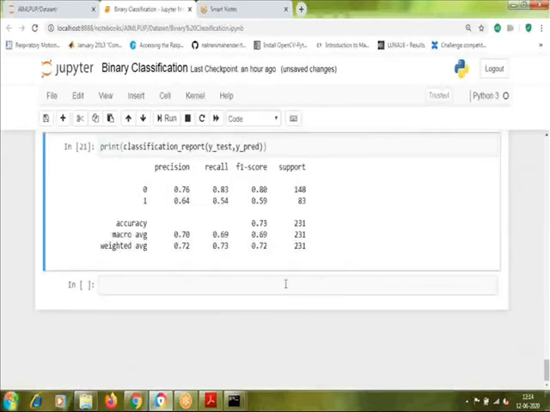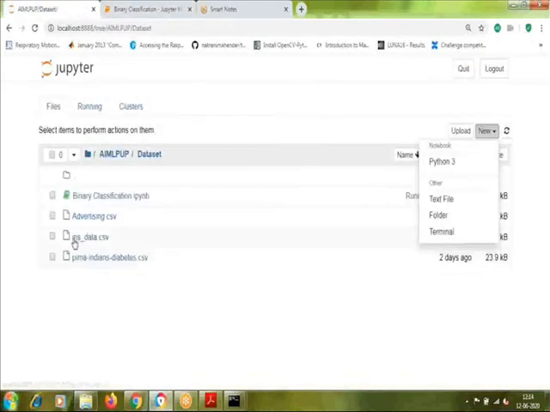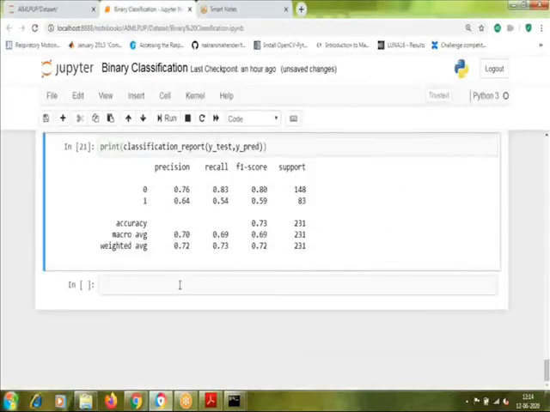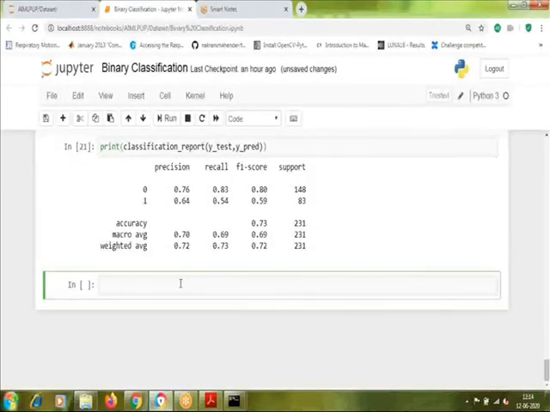For multi-class classification we have to take another data set, which is our IRIS data set. So first we are going to import the IRIS data set. Now you know how to import a data set. I am going to give the variable name iris, pd dot read CSV, and in brackets mention the dataset dot CSV.